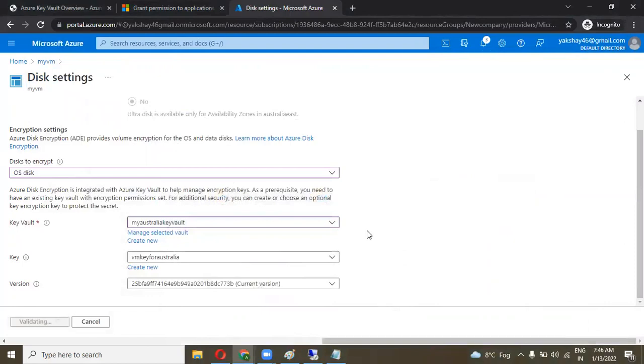Actually, if we apply the encryption or lock on a particular disk of the VM, is it mandatory to restart or reboot the VM? Yes, it is mandatory. It restarts by default. When we apply a disk encryption on the VM, it restarts by default. It asks me for the confirmation. Please wait, and once it is validated, then it asks me to restart the virtual machine.